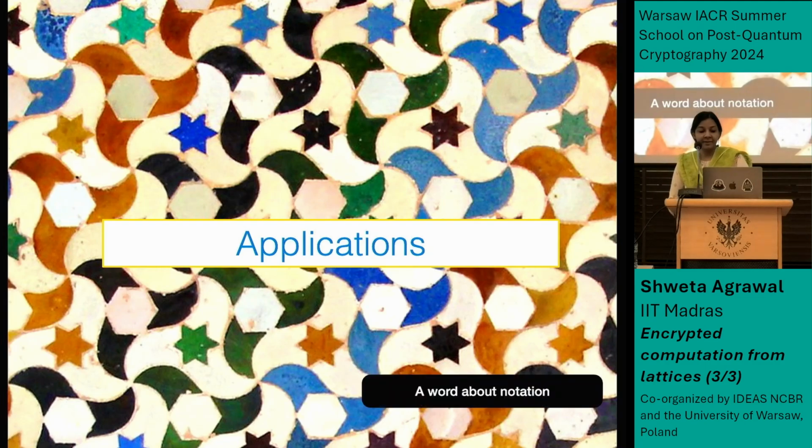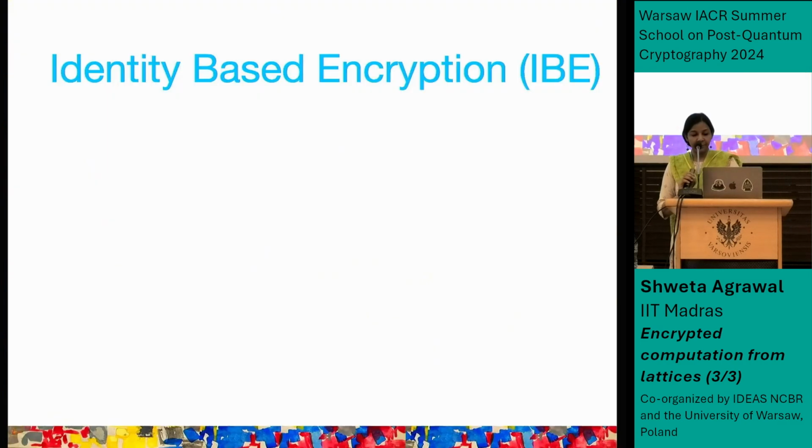All right, so applications. Before I begin, a quick word about notation. Different speakers are using different notation with regards to the LWE sample. Some people assume row vectors by default or column vectors by default. Some people have their matrix A to be short and fat, others have it to be tall and thin. So the notation varies a little bit. In particular, my notation varies a little bit from Hotek's notation yesterday, but it's all the same thing. The only thing to remember is that the vector S in the LWE sample is going to be multiplied on the short side of the matrix A. So that's the only thing to remember.